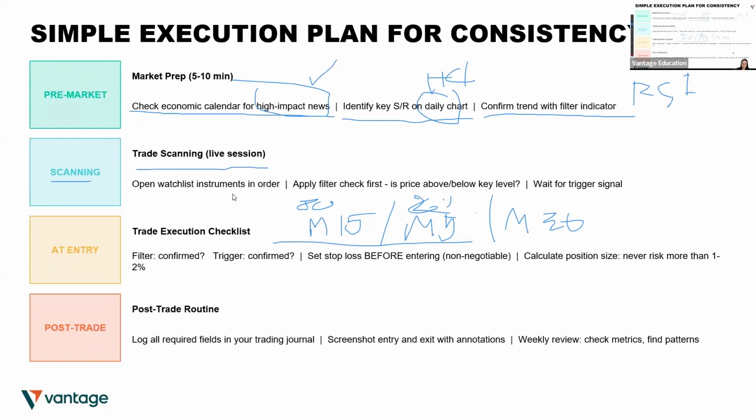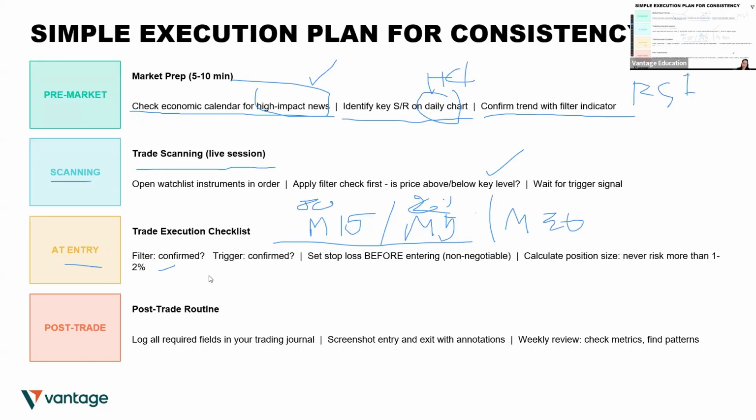Okay. Trade scan: light session, open watch list, instrument in order, apply filter and check first. If price is above or below a key level, you check, then wait for the trigger signal. For the entry, after the filter is confirmed and the trigger is confirmed, put the stop loss. Ask yourself where your stop loss is before you enter. Okay, calculate position size. Never risk more than 1 to 2%, which is the ideal, but usually 1 to